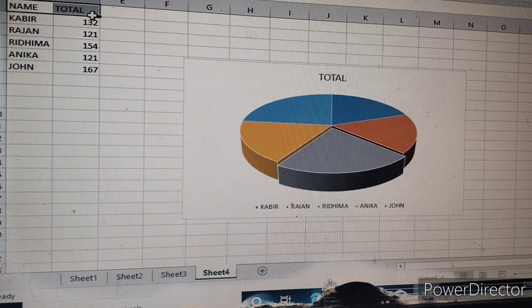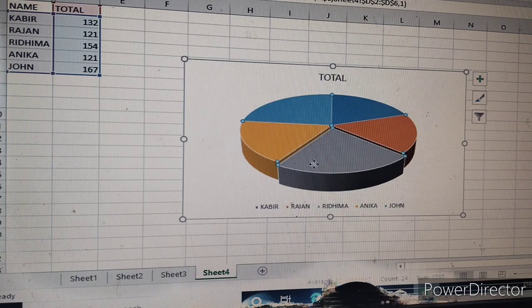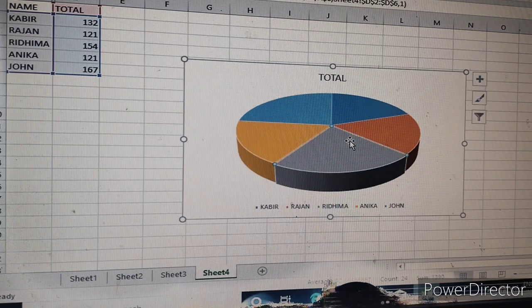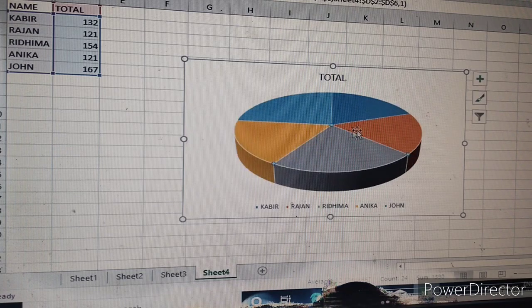Okay, this is our pie chart. It compares the proportion or part of a whole.